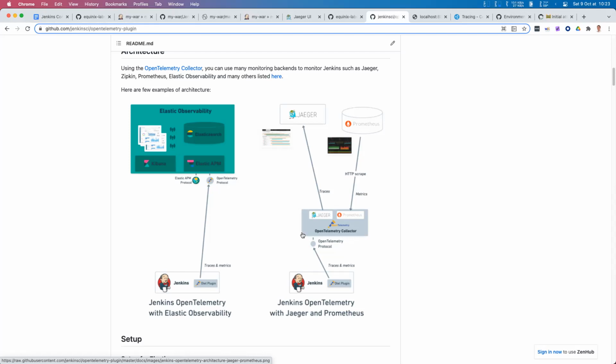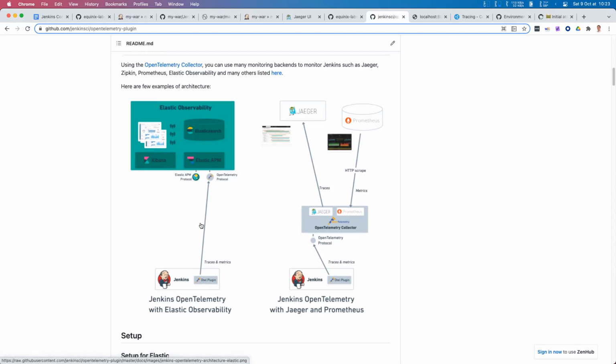That can be either the OpenTelemetry collector, which behaves as a kind of relay, typically to send to other endpoints, or it can send directly to OpenTelemetry capable